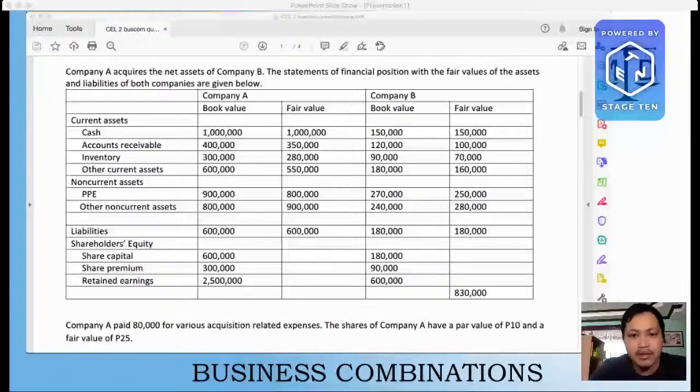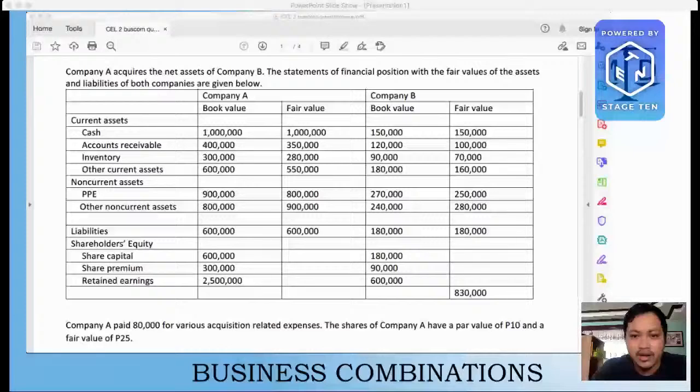Before the acquirer acquires the acquiree, it already has goodwill in its books. And the explanation is that the acquiree had acquired another entity in the past. Okay? But let's not dwell on that as of the moment. We'll have another session devoted entirely on